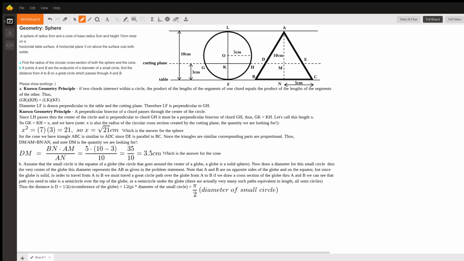There are actually very many such equivalent paths, all semicircles, with a distance of half the circumference. The whole circumference of the earth is pi times the diameter, or the globe. So it's a semicircle, 1/2 of this. So the distance is 1/2 the circumference of the globe equals 1/2 times pi times the diameter of the small circle. So the answer for B is pi over 2 times the diameter of the small circle,